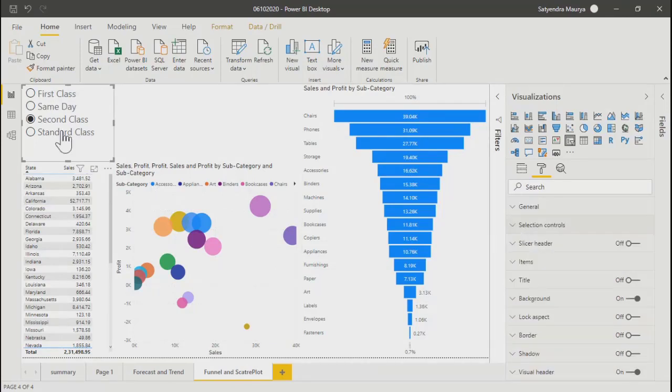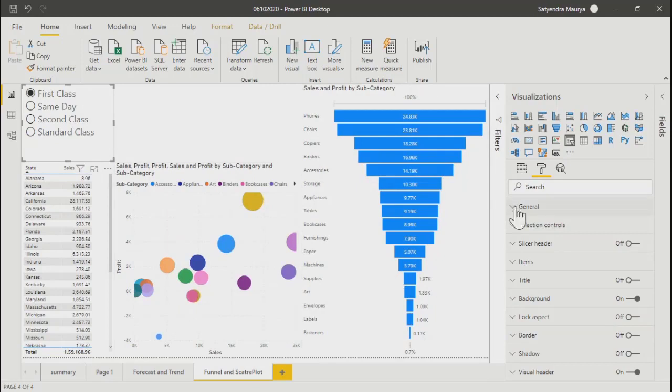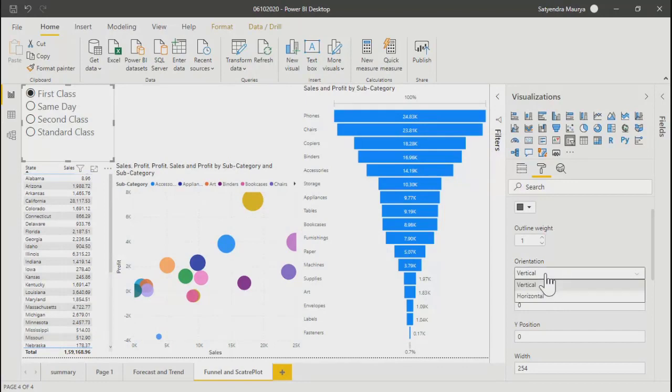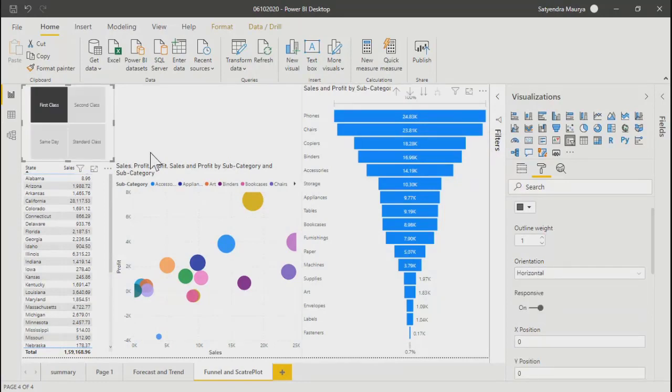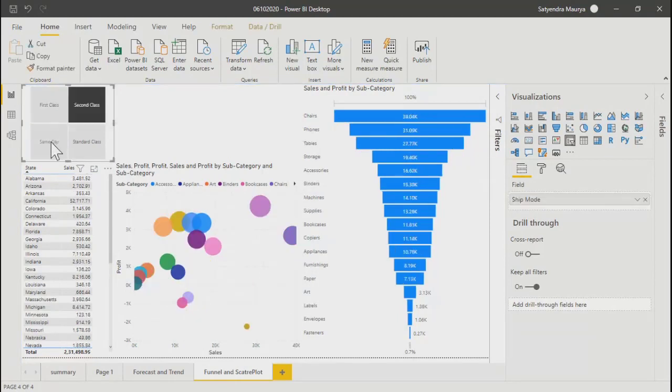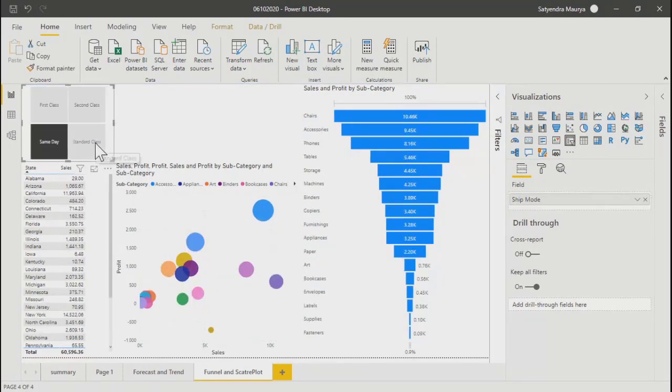Basically, there was one more option. In General, if you see, there is an orientation option. It says Vertical, right? Vertical means you are getting all your individual values like this, and you can select. As soon as you select Horizontal, let's see what happens. See, you're getting 4 blocks there. It's a kind of new view, and you can select your particular option. So the view got changed.